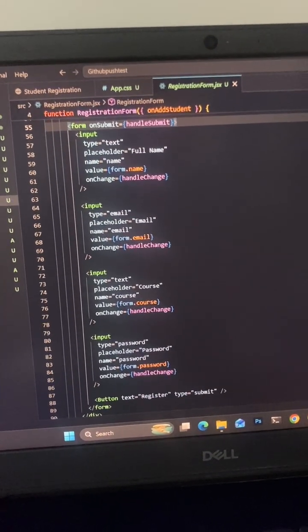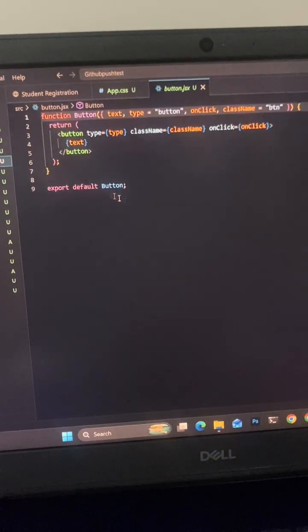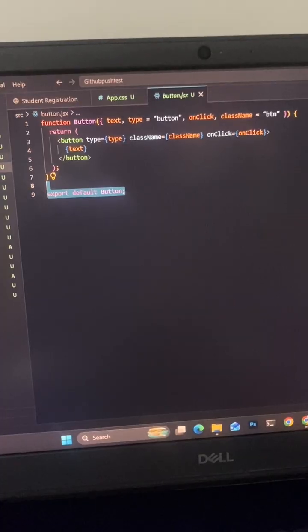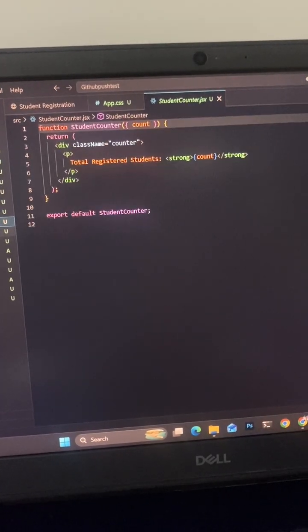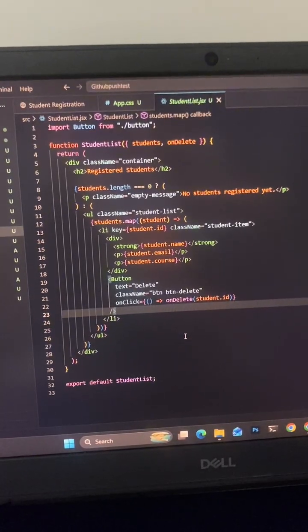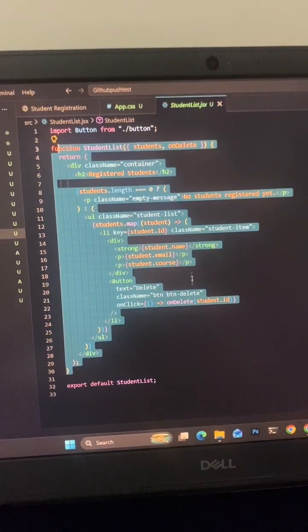Moving on to our button. As you can see, here's our button. It's very simple. And then the students list. Here's our students list. It's very plain and simple.